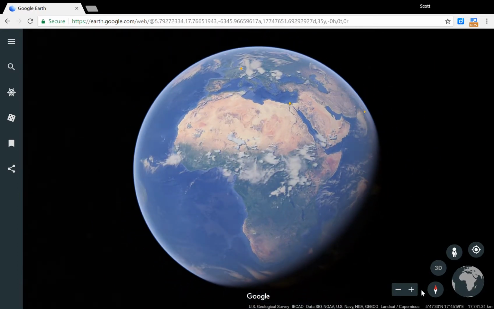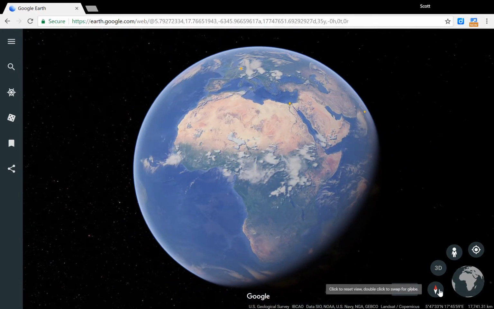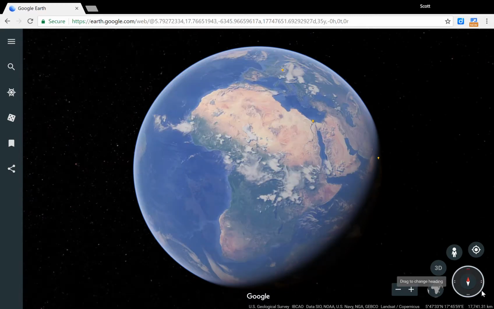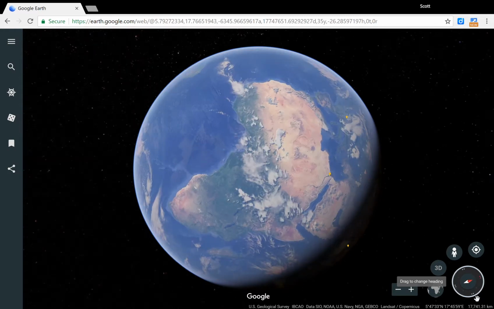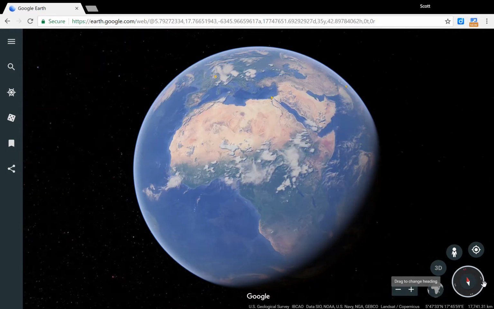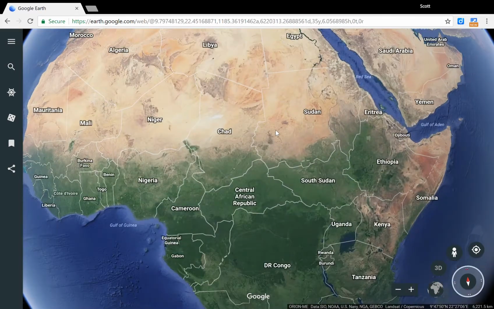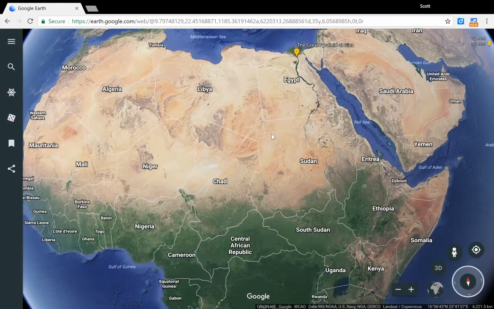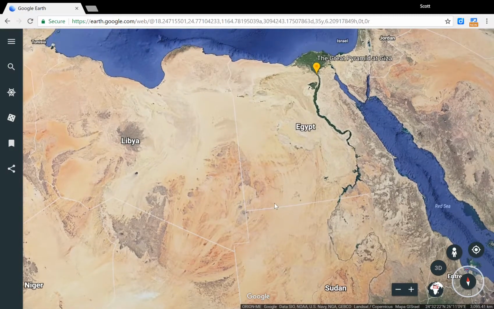Anyway, if you double click on the compass, what will happen is the compass becomes the center icon. And what's really cool about this is you see these two dots that surround the compass. Those are like handles, and you can grab them and spin and rotate the Earth. So if you're zooming in and you want a different angle,